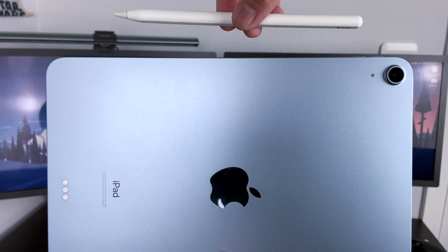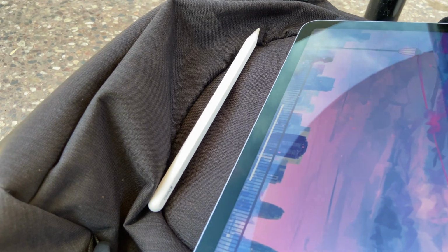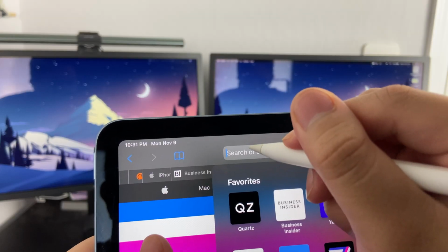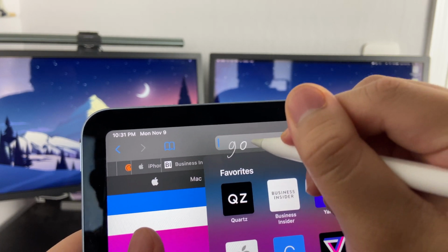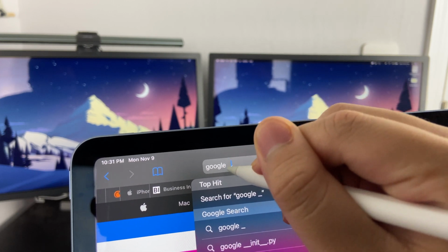The iPad Air, like the Pro, uses the second generation Apple Pencil. This is the one that attaches magnetically to the side here for both charging and pairing. You don't have to buy an adapter or attach it to the lightning port, which was always a kludgy solution to begin with. iPadOS 14 brought with it scribble support, which gives people more reason to use the Apple Pencil